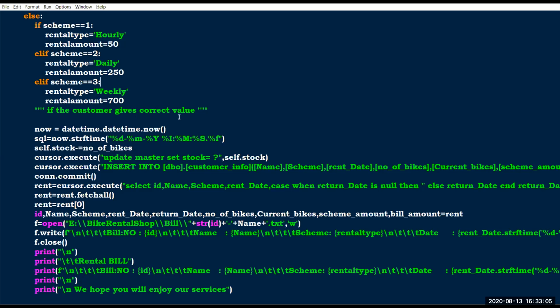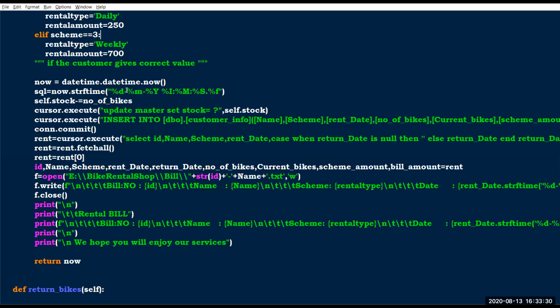Here I'm using the datetime module because I have to subtract, and I have to show what time and which date the person took his bike. That's why I'm using datetime. Here I'm using some tricks because I need to print in this format: the date first, the month second, and the year third, and the I means it prints AM or PM.